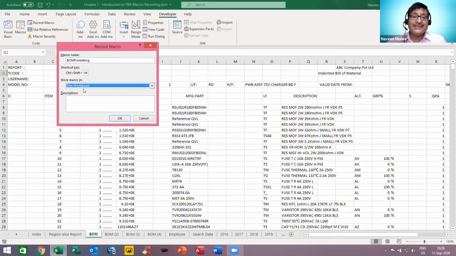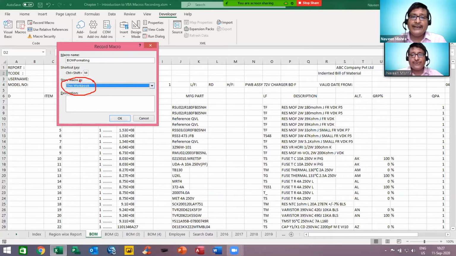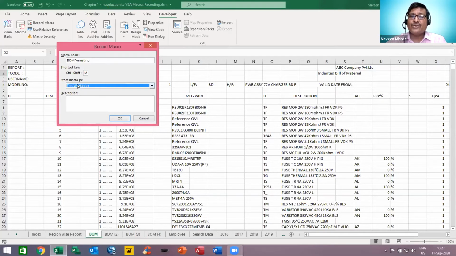This Workbook means I want to store my macro in this workbook. So what will happen whenever you store your macro in this workbook? To run the macro, every time you have to open this macro file. Without opening it, you cannot run this macro, right? Because This Workbook means your macro code will be saved under this workbook.